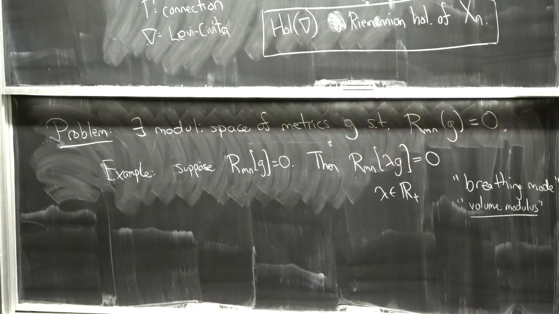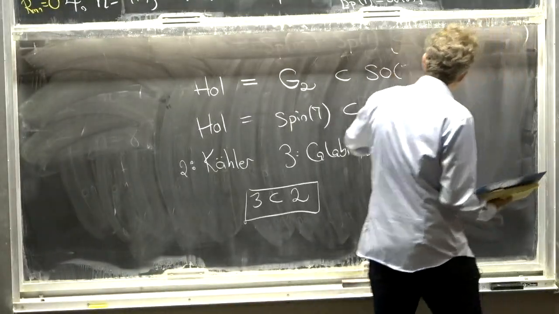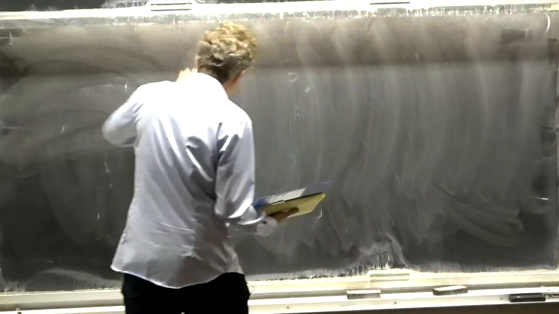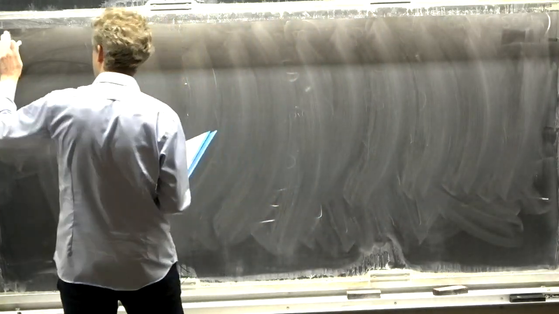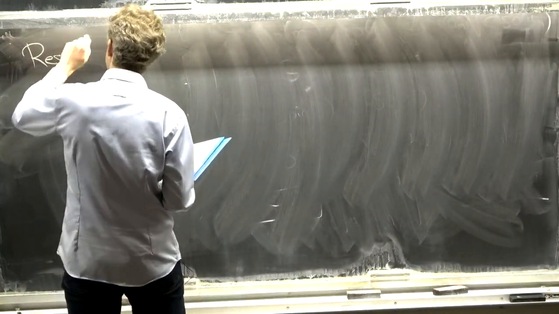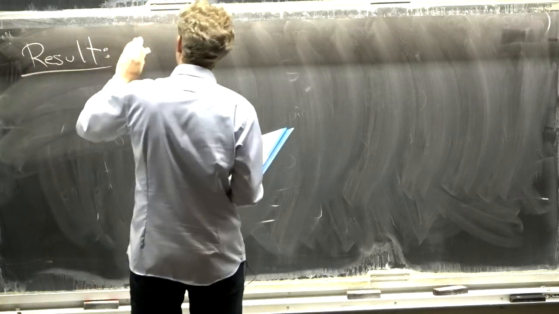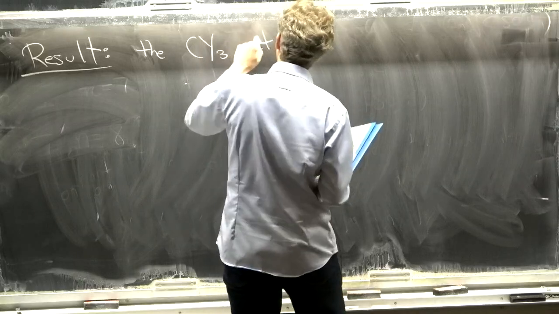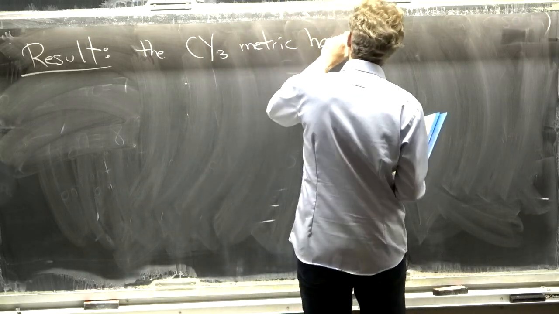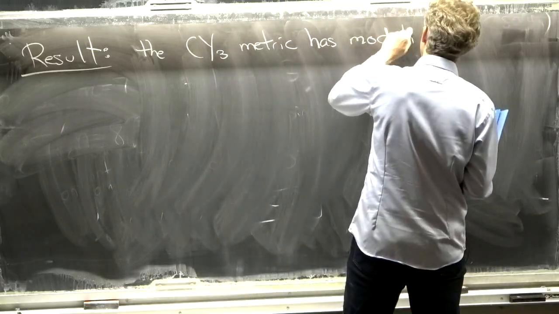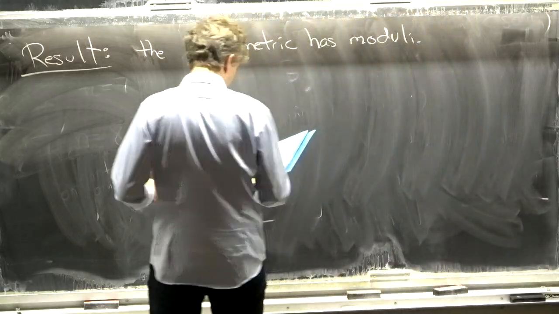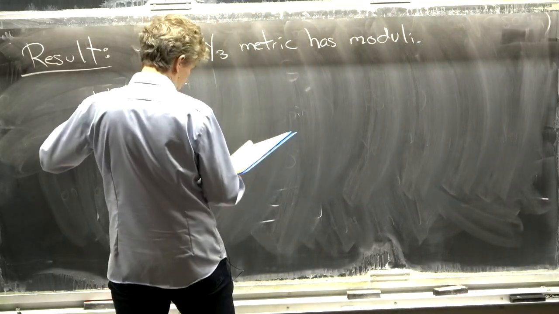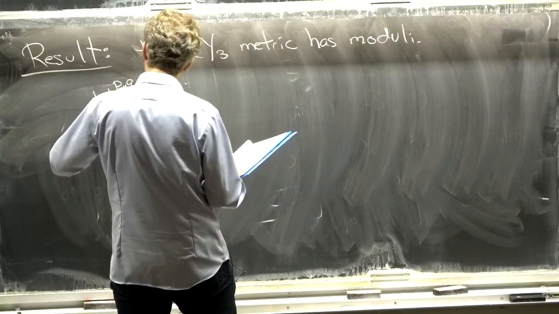What I will state, however, is the overall summary without giving the proof here on the board, so we can talk about the physics of moduli. And the overall statement is, so result, the Calabi-Yau threefold metric has moduli. And the number is, so if we define H, so now getting back to Oliver's remark,